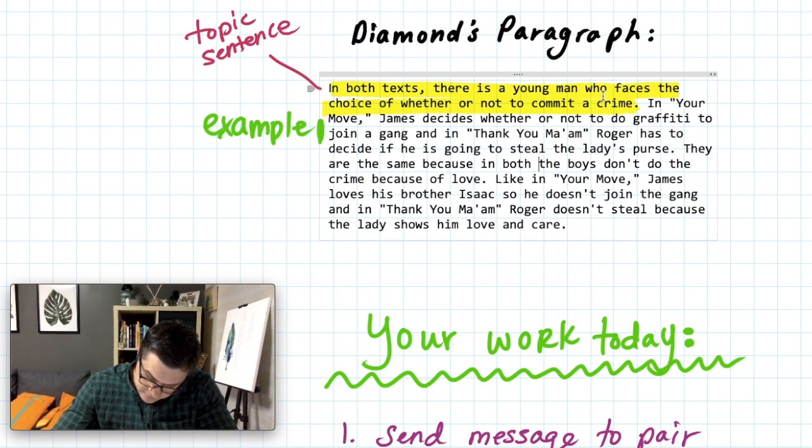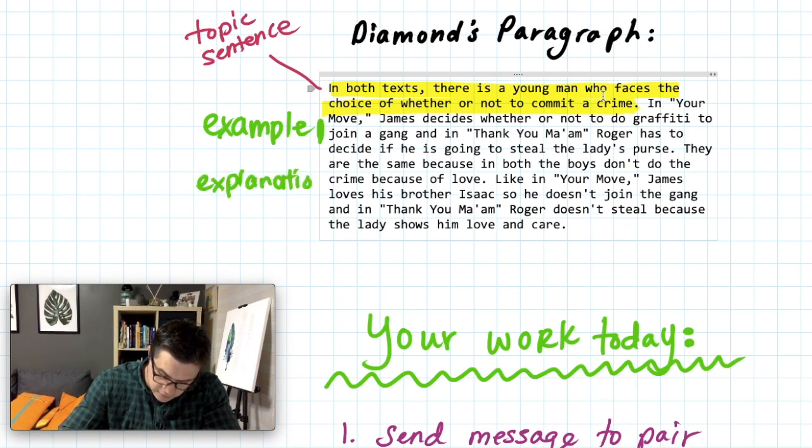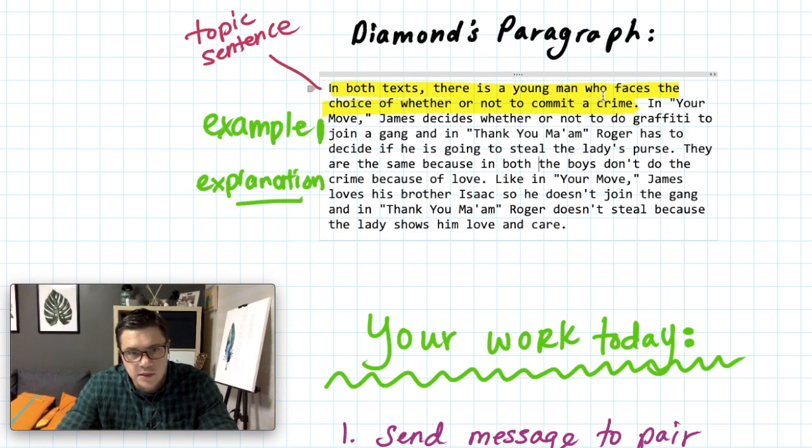Okay, so next, they are the same because in both the boys don't do the crime because of love. Like in Your Move, James loves his brother, so he doesn't do it. And in Thank You, Ma'am, the lady shows love to Roger. Okay, so there's an example, and there is an explanation. Okay, so topic sentence, example, explanation. Now, you might ask yourself, if I write a paragraph just like this, will I get a 4? Okay, will I get a 4 for elaboration? Well,